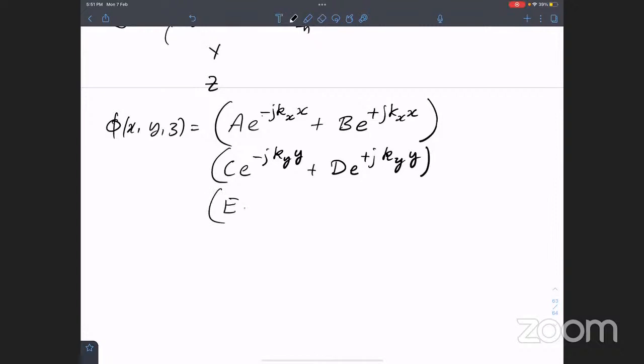So then e into e to the power minus j kz z plus f into e to the power plus j kz z, where a, b, c, d, e, f are constants,